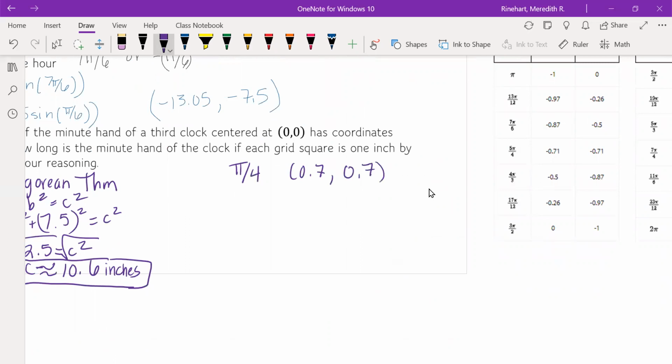But we're at 7.5 comma 7.5. So it's been scaled. By how much has it been scaled? Because we know the unit circle minute hand is 1, right? The unit circle radius is 1, so the minute hand will be scaled up from that as well. So if we can figure out the scaling, we can do 1 times that number, and that'll give us the minute hand length. So to find our scaling, if you do 7.5 divided by 0.7,